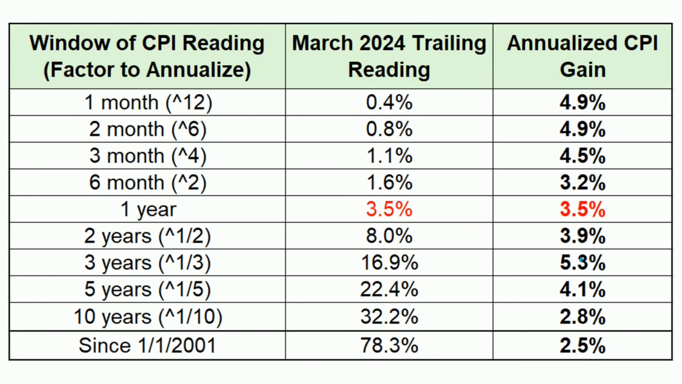That big one-time spike is getting further in the past, and that's why the 10-year compound annual growth rate, even including that big spike, is still only 2.8%. That's not even at the 3% that I would consider optimal. And in the 21st century, the entirety of the 21st century, there has been 78.3% inflation, and that is just